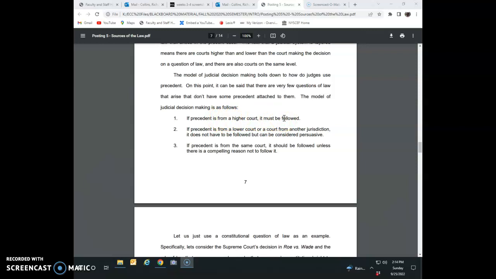If you don't have something like this idea of precedent, in some circles it's called stare decisis, I don't use the term because I think it kind of clouds up the issue. But if we don't have something like these three rules of precedent, what we've got is, I think, a form of judicial anarchy. And if you have judicial anarchy, it's really an instability in the system that, in the long run, isn't going to do anyone any good, it seems.